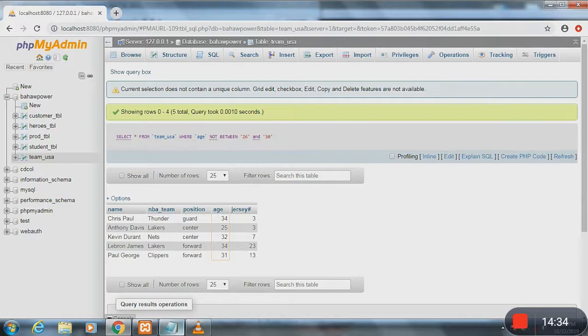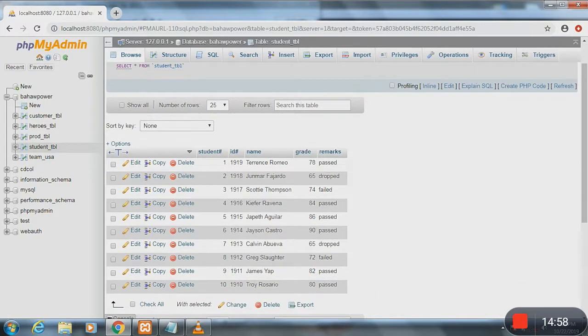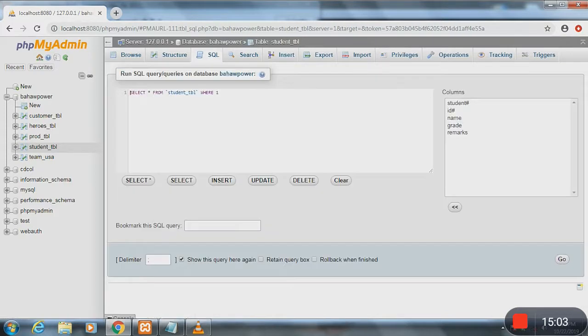Next is group by. Group by is used in collaboration with the select statement to arrange identical data into groups, which means unique values as a result without duplicates. Okay, group by. We're gonna try the student table. We're gonna go on remarks. Select remarks from student table,